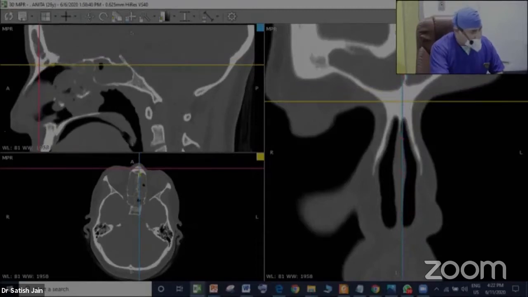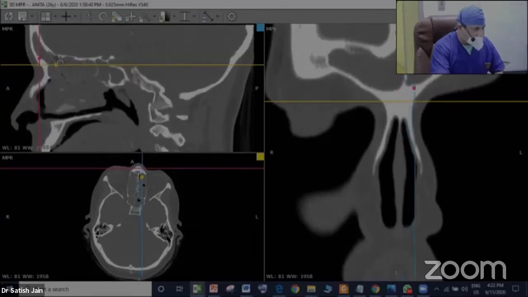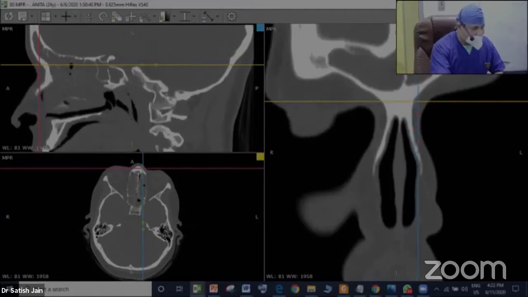If you are working from here to enter the frontal sinus, the biggest obstacle is the beak, and we should be able to see in every concerned patient how thick the beak is, how difficult the course is going to be to enter into the frontal sinus, what is the cellularity in the frontal sinus for that particular patient. We should be able to see.